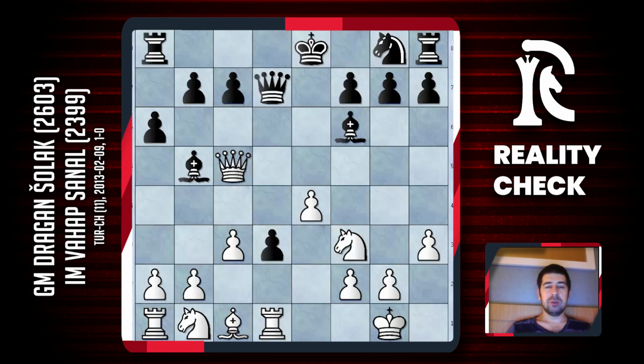Bishop on b5 is not doing a great job. Bishop on f6 is just hitting my pawn chain, and the rest of his pieces are undeveloped. So my position looks really good, and